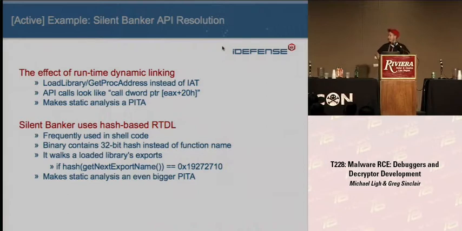So the next example is also with Silent Banker. Silent Banker uses what's known as runtime dynamic linking. If you've ever analyzed malware, one of the first and easiest things to do to determine what the malware's capabilities are is by just looking at the import address table. So if it imports URL download to file, we can pretty much assume that it's going to download some file off the internet. But if we don't have that capability, it's much harder to determine what the Trojan does